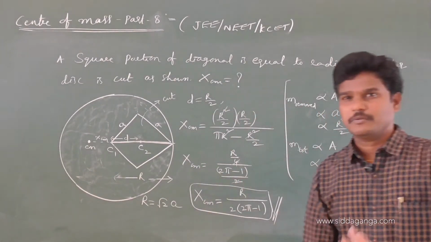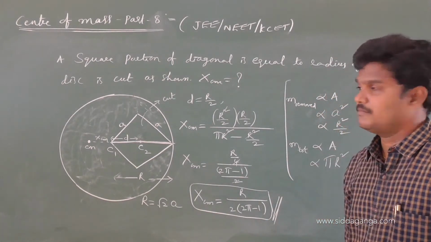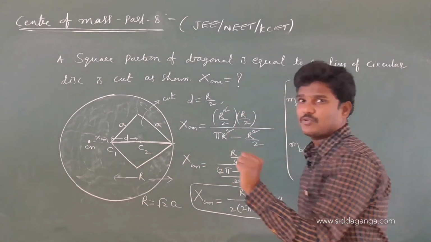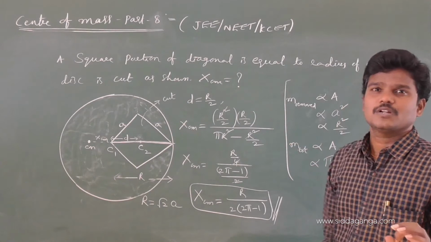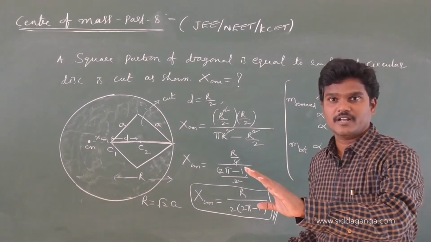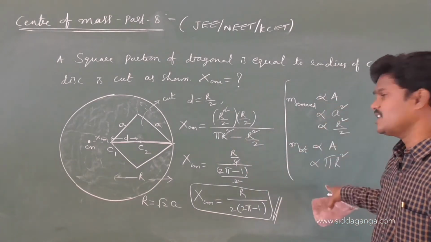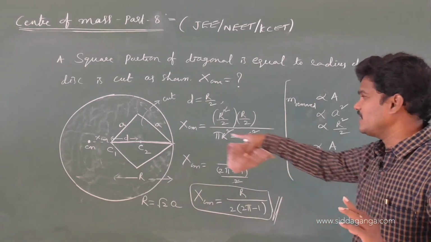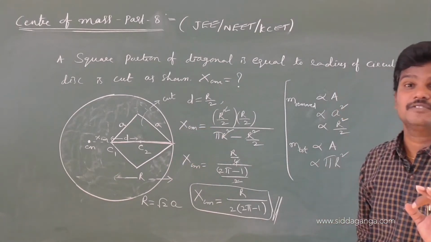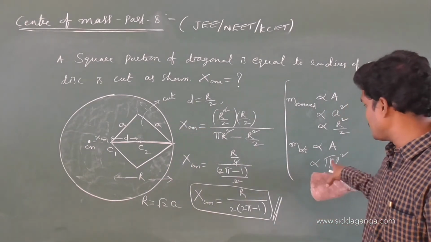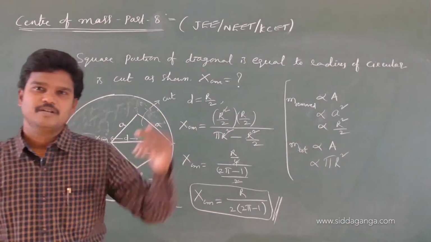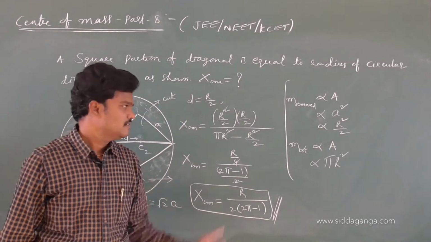Okay. So no need to remember the formula, just follow the method, because they may give this radius as capital R, they may give some values. Follow the process. What is the process? Mass removed into distance by total mass minus removed mass. Removed mass is proportional to area, total mass is proportional to area. If pi is there in both areas, then avoid the pi. But here one area is the area of the square, another is the area of the circular shape. That's why you write it as it is. In the previous problem, both shapes were the same, circle and circle, so pi was there in both cases and cancelled. Now this is the answer.